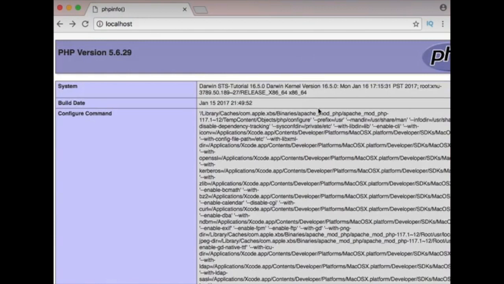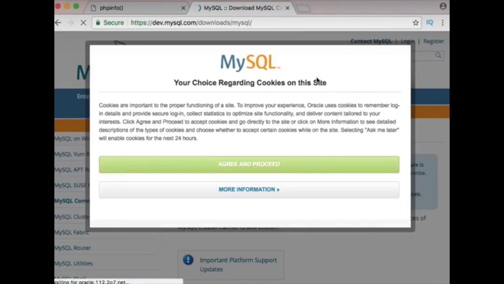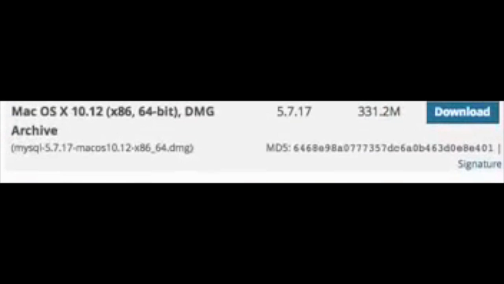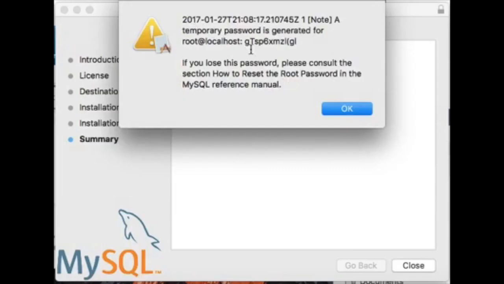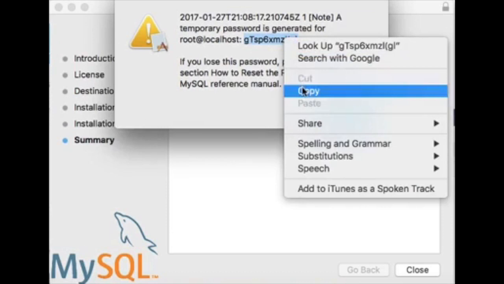So coming to MySQL. To do so, open a tab in your browser and download MySQL, link in the description. In here, agree to the cookie stuff and scroll down to the download section. You can choose between a bunch of versions, but take the last one called DMG archive and click on download. Now you will be redirected to login, but you also have the option to skip it. After you finish installing everything with your password, keep in mind, don't close the window, because in this window you will get the first admin password. Copy it and paste it into TextEdit.